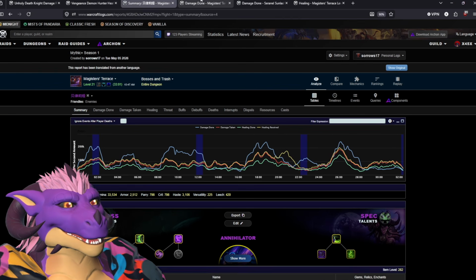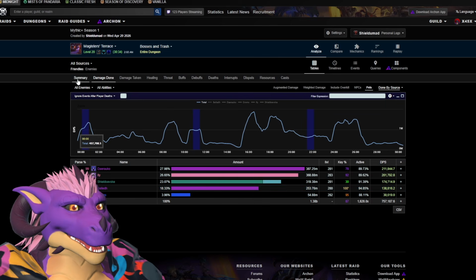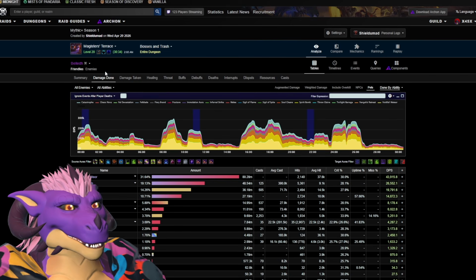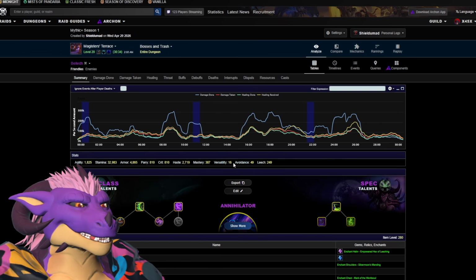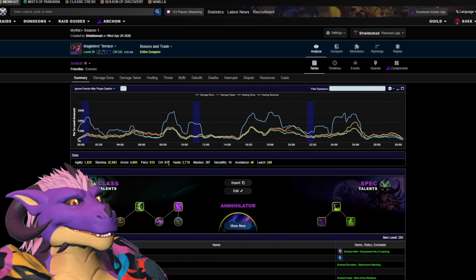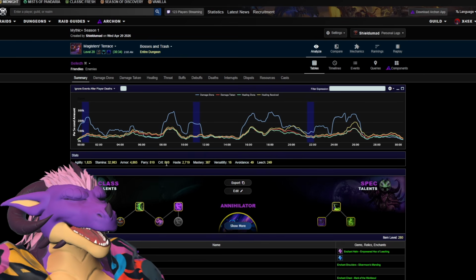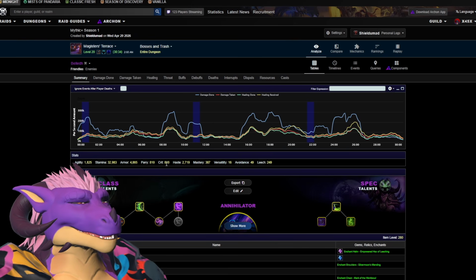Oh, that's pretty important. And I can keep going through some of these runs to get a sense of what they were all running. So I can go once again to here, Bella DH, summary, and this player has a smattering of mastery, some versatility, a lot of haste, but more crit than the other player. Okay, good to know. I have an idea of what I should be focusing on here for stats. However, I can see that there's multiple weights here that work.